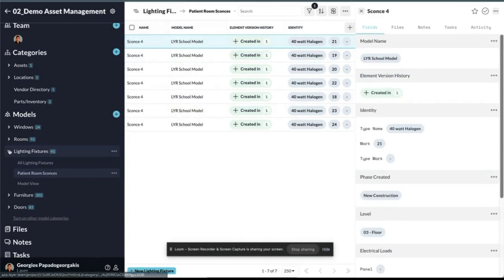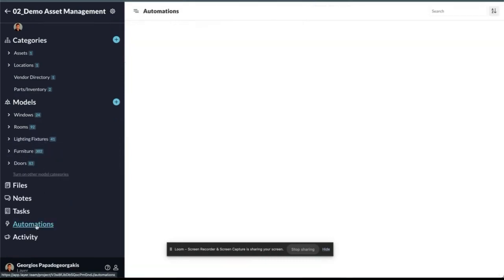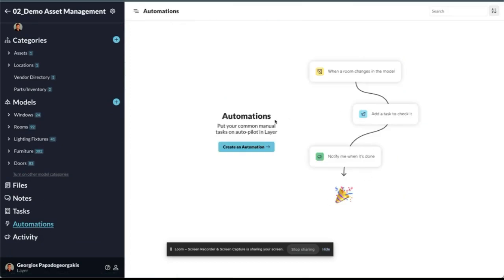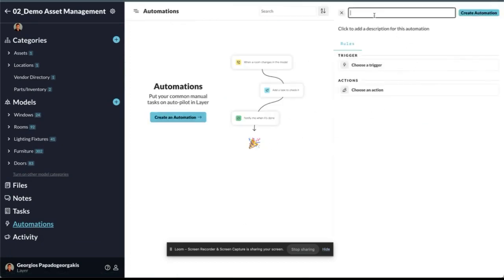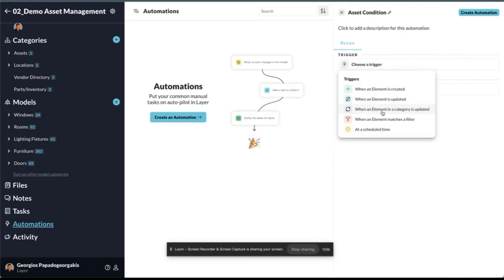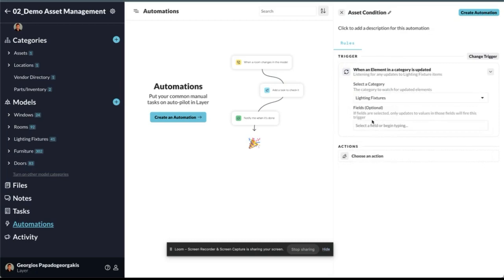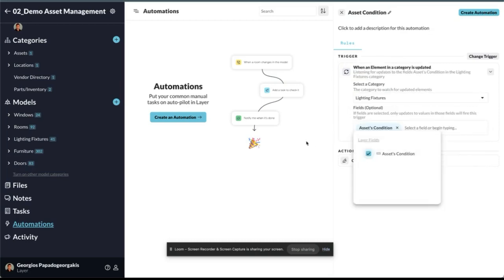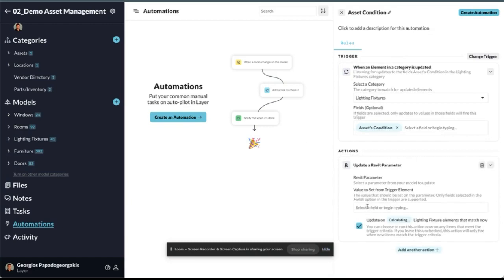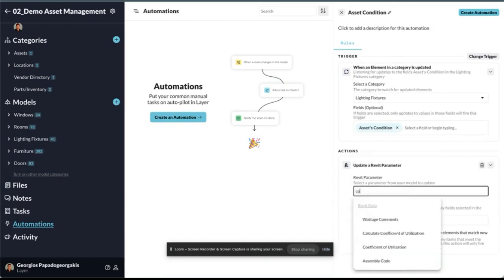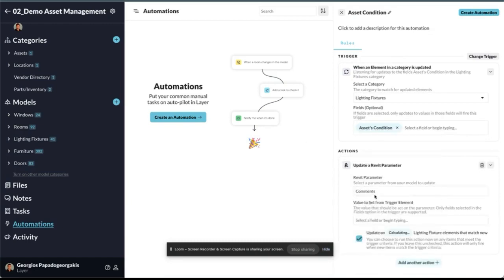All right, the next step is to set up a Revit automation. So I'll go under my automations and create an automation. In this case, I want to pass the asset condition. I'll choose a trigger and say when an element in the category is updated. My category is the lighting fixtures. My field is the asset's condition. And I will use my comments from Revit, that's a Revit property, and I will use the asset condition. So I will set up the automation,